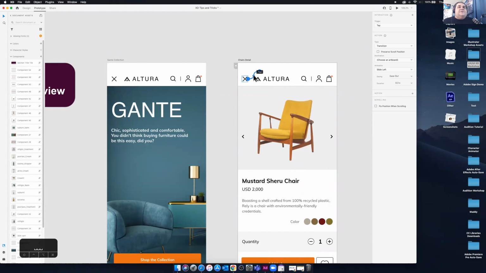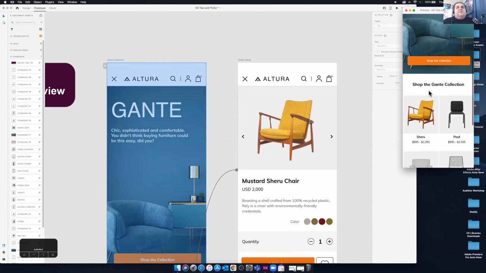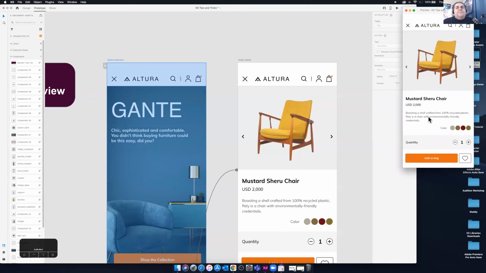You can click on this once, and it creates this kind of not connected situation here. And then on our action settings, we want the trigger to be tap. We're going to go to transition and change that transition to previous artboard. That will, for lack of a better term, complete the circuit. It'll take us there and allow us to come back. So if we go to our preview again, we can scroll down to the Shiru, click on it, and then